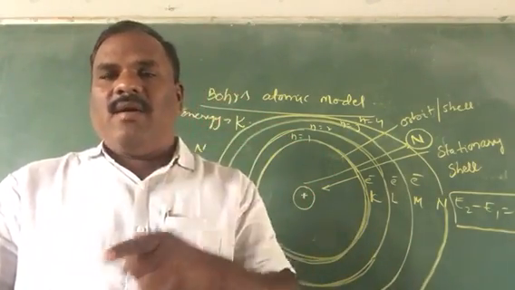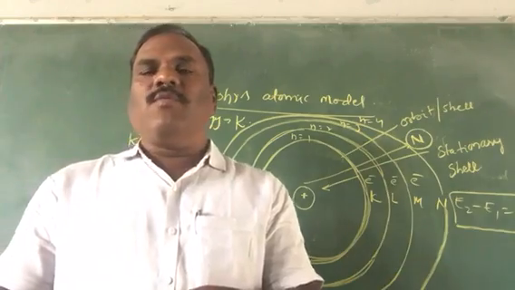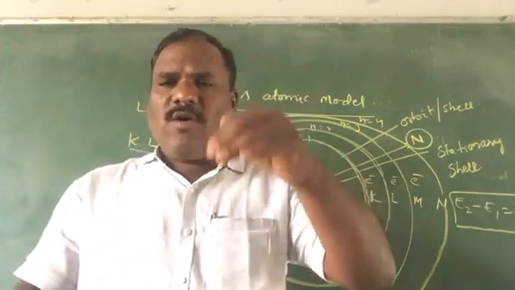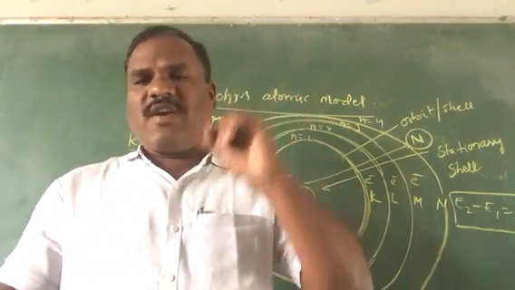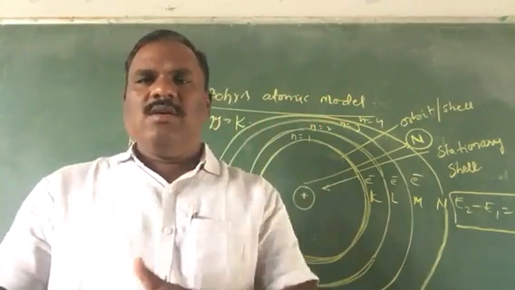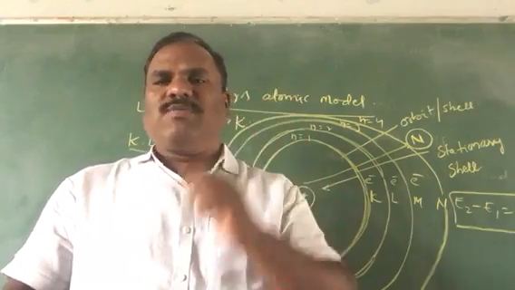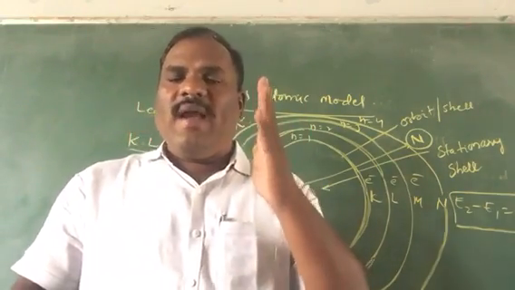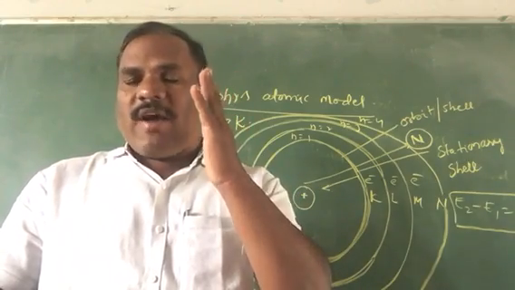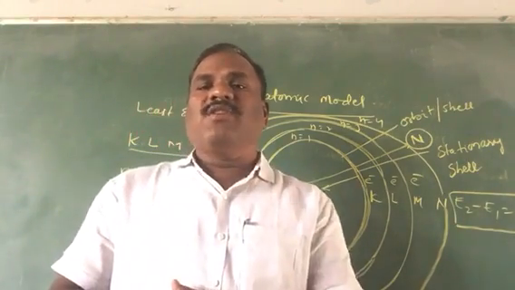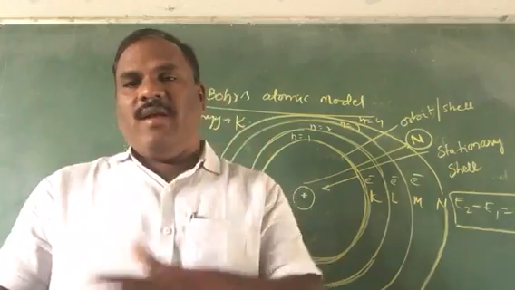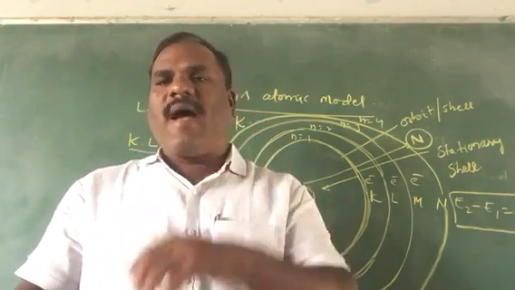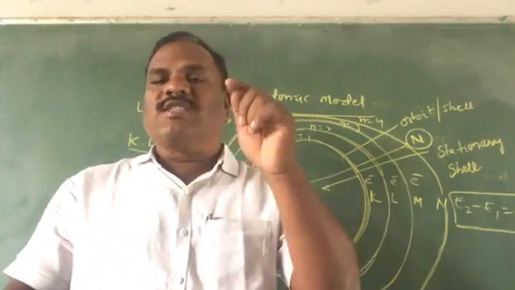At the same time, the model could not explain the formation of chemical bonds, and also it could not explain the Zeeman effect. What is called the Zeeman effect? The Zeeman effect is nothing but the splitting of spectral lines in the presence of a magnetic field. And why the lines split in the presence of a magnetic field could also not be explained by Niels Bohr. So these are the four drawbacks which Niels Bohr could not explain.